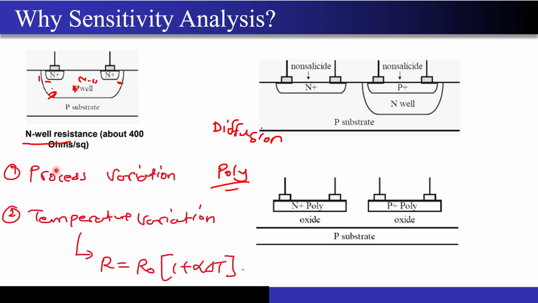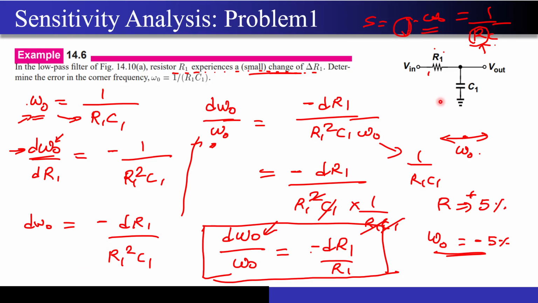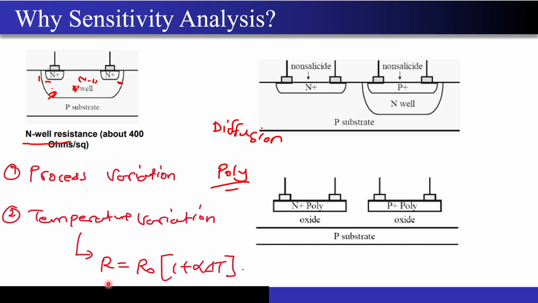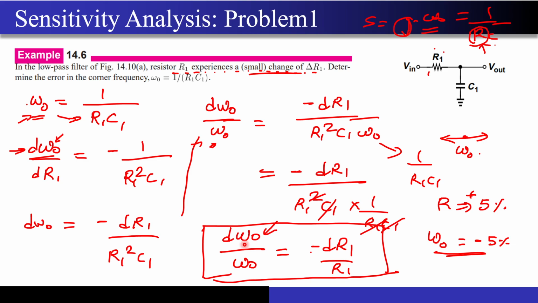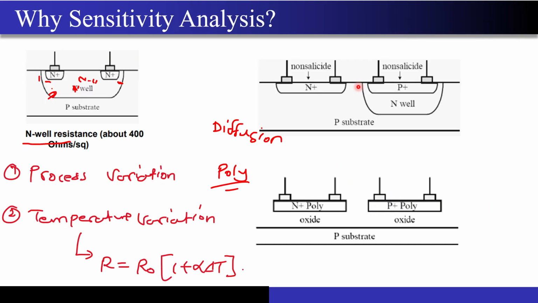And once you have these process variations, you can take the example I just told you, that the concentration may not be uniform along the edges, right? So because of the process and these temperature variations, the value of the resistance that you are trying to implement in that particular technology node may change, and that may change the pole frequency of the circuit that we have seen here, correct? So that is why this sensitivity analysis matters a lot, because if this R variation is around 15-20%, even your pole frequency is going to vary by 15-20%, and that can have disastrous consequences on the response of the baseband filter that you are going to implement.